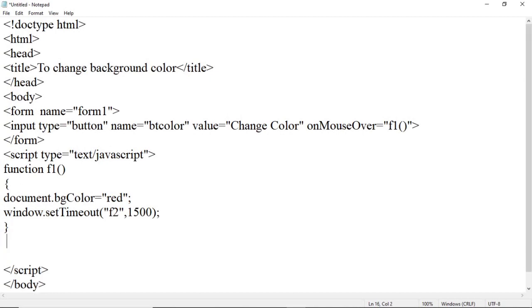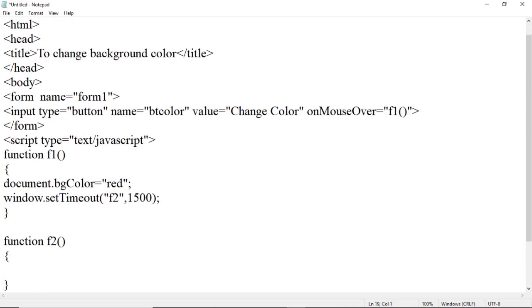Okay, so now we have called the f2 function from here. So here we have to write a definition for that function also. So write here function f2. Again we have to write the same definition here, that is document.bgColor is equal to, here specify a color name, suppose it is green.